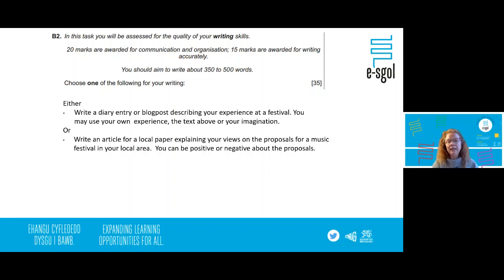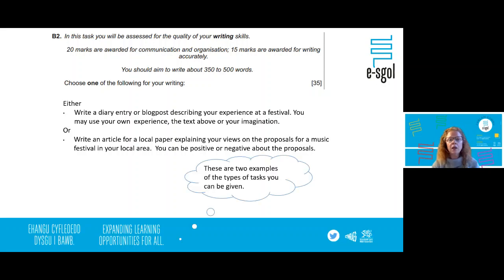Okay, explaining your views. Well, I know that that means an exposition, because if I'm explaining how I feel, then I'm exposing my viewpoint to a wider audience, and I am basically writing about how I feel. So there's 2 there. One is a description, one is an exposition. So in this paper, I've not been asked about narration. Okay, that's fine. I've been given 2 choices. One is the description, one is the exposition.